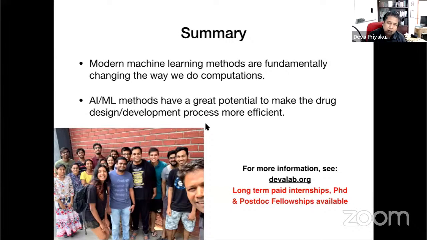So now, with machine learning, there are some papers where, not only using these protein-protein interaction networks, you can also use all the information about all the drugs, how the drugs interact with other proteins. So you're able to combine information from different scales, and you are able to identify new targets that we have not really identified before.